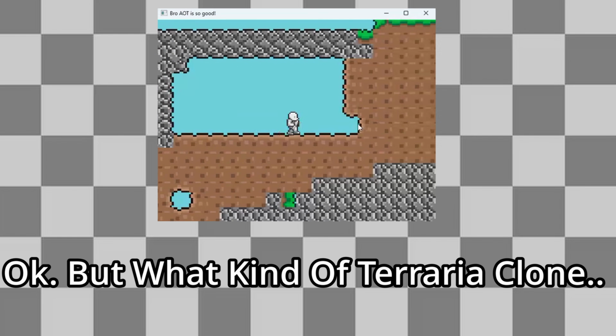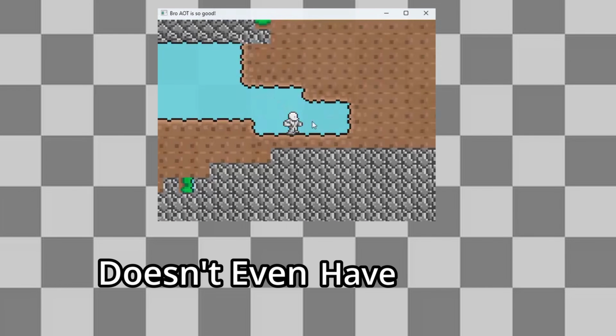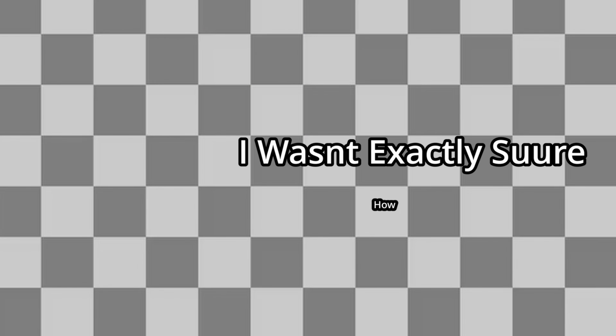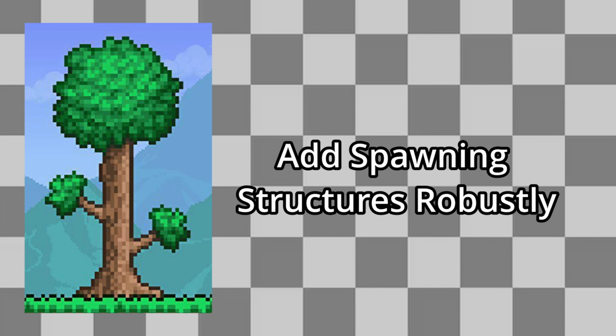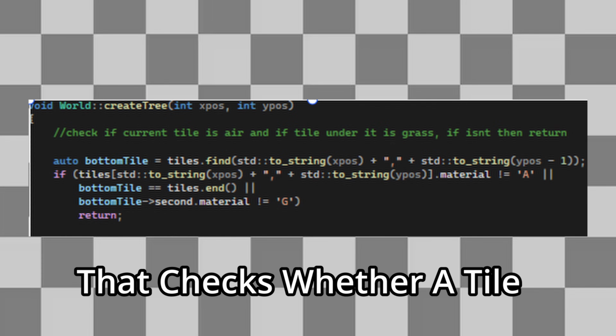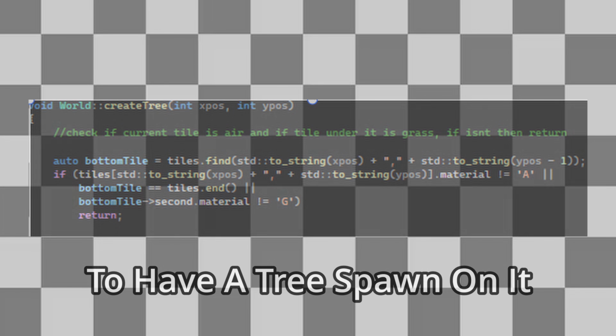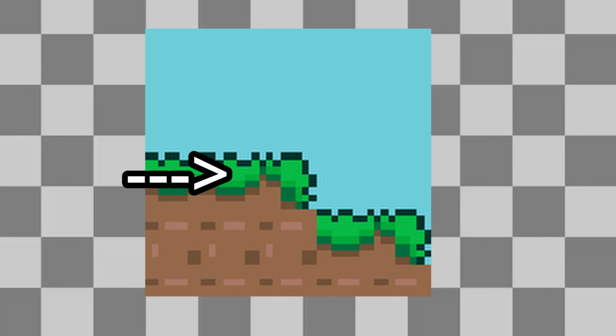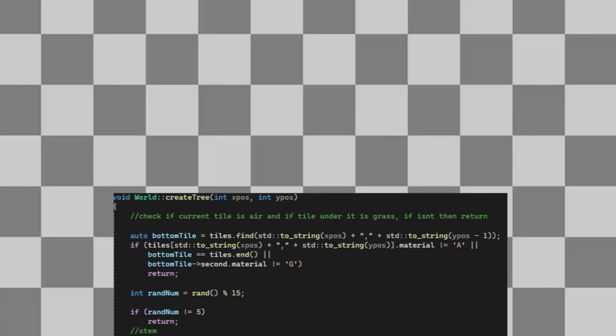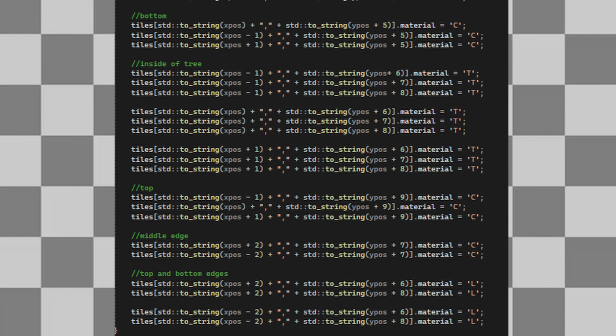Okay, but what kind of Terraria clone doesn't even have trees? I wasn't sure exactly how to add spawning structures robustly, but this is what I did. I wrote a function that checks whether a tile meets the requirements to have a tree spawn on it, like it being an air tile with a grass tile under it. And then it builds a tree tile by tile upwards by setting tiles in the tile hash map to be